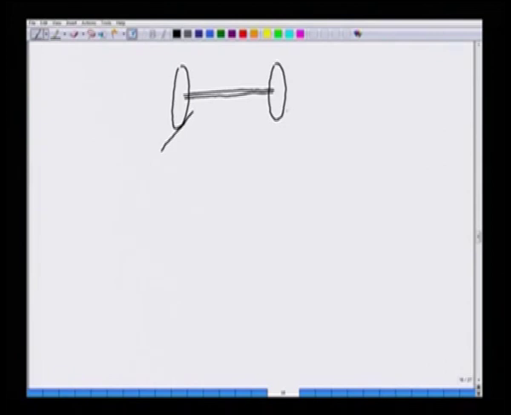So, we have the track here, and where does the motor sit? The motor actually sits on the axle. The driving motor sits on the axle. So, we have the motor here which is basically it sits on the axle, mounting is on the axle,